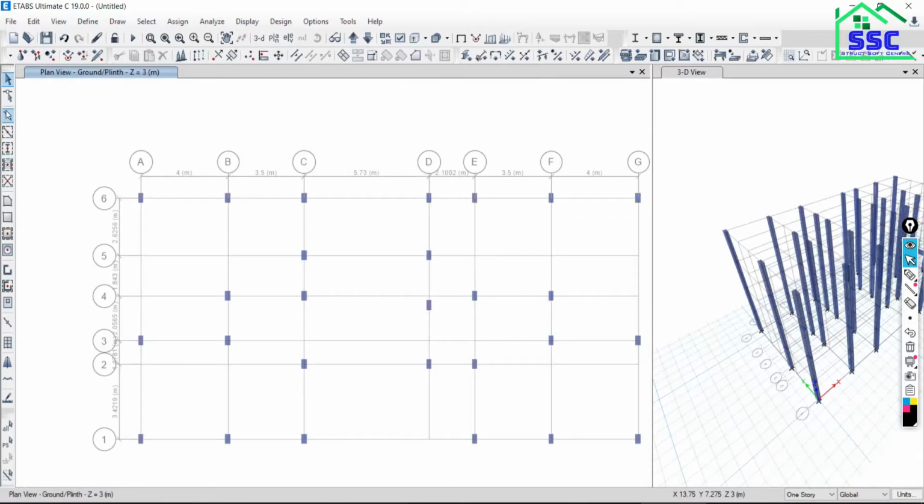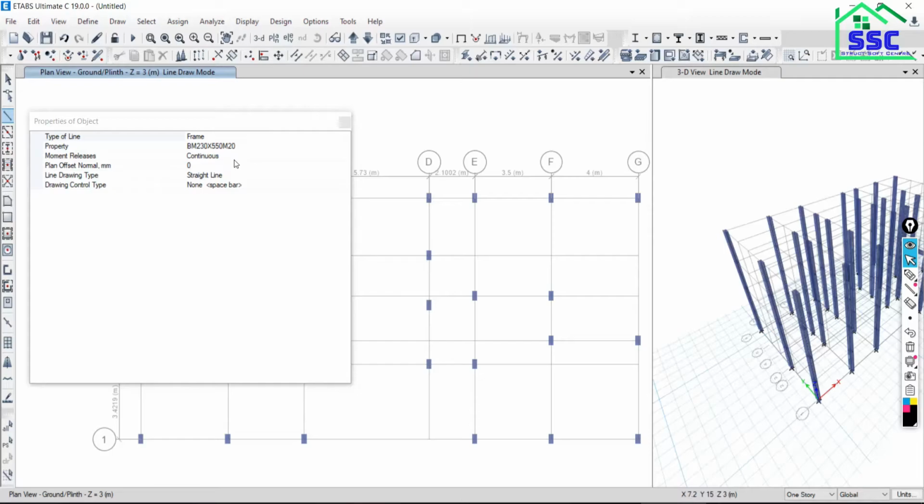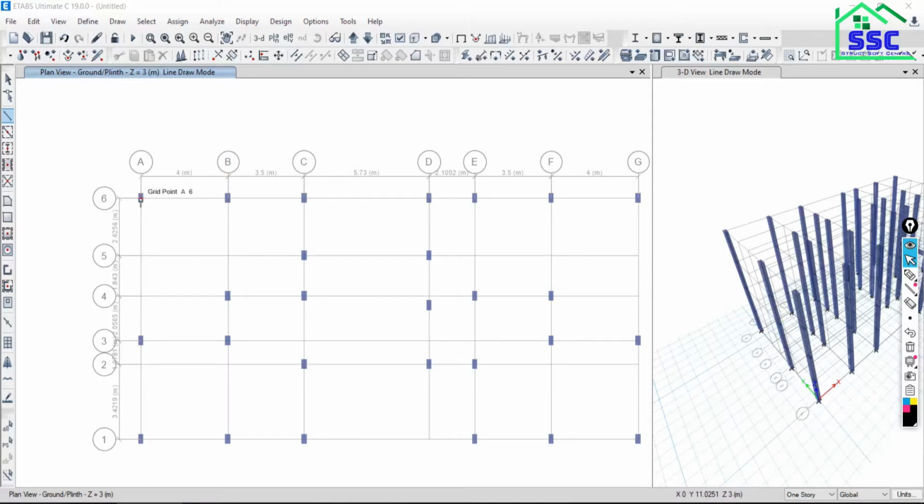Now just go back and click on the frame, and now another option we have to discuss, Bezier option. So check this option, just close this. This is the first point, this is the second point, and this is the third point. Suppose you have to model your beam like this, from this point to like this. I have to model the beam like this. So how to model this kind of beam?